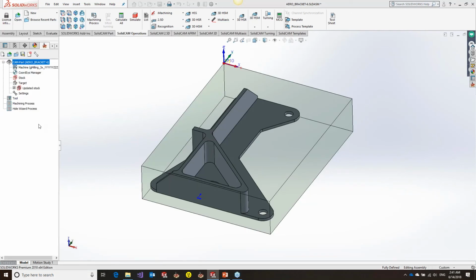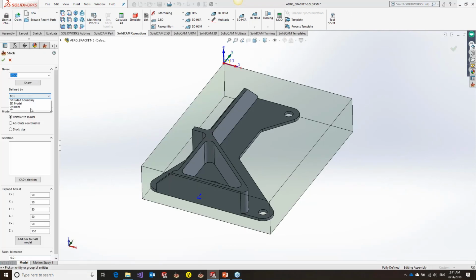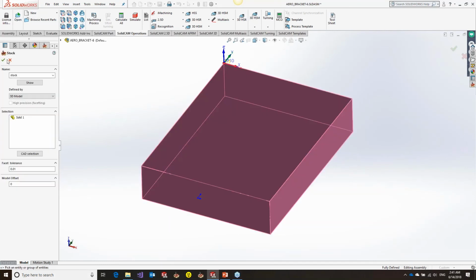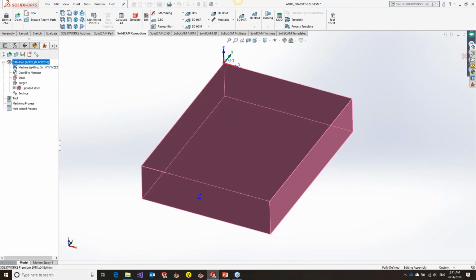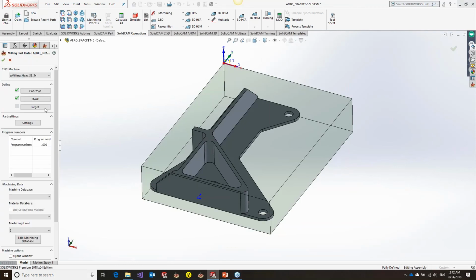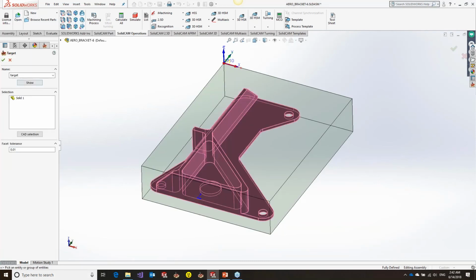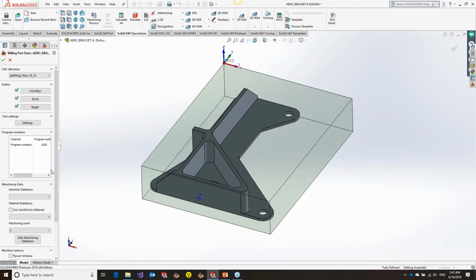I'm going to define my stock. I have my stock defined as a 3D solid in my session, so I can just use the 3D model option and target. We'll pick this. Okay, picking the target was an important thing for one of our new options, which is use the SolidWorks material